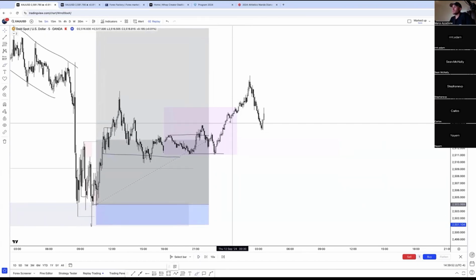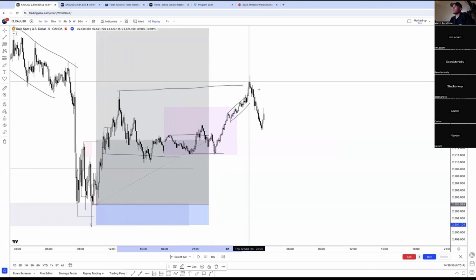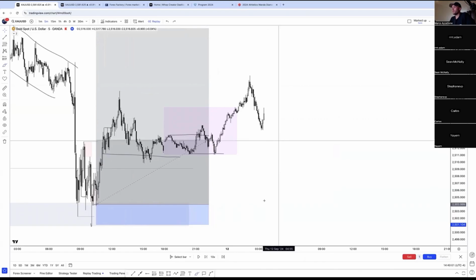That was so clean. I don't know how I didn't see that. Look what happens here. Build up. Take out the high. Price runs lower to clear the buyers that we built the liquidity at. Same thing over and over and over.